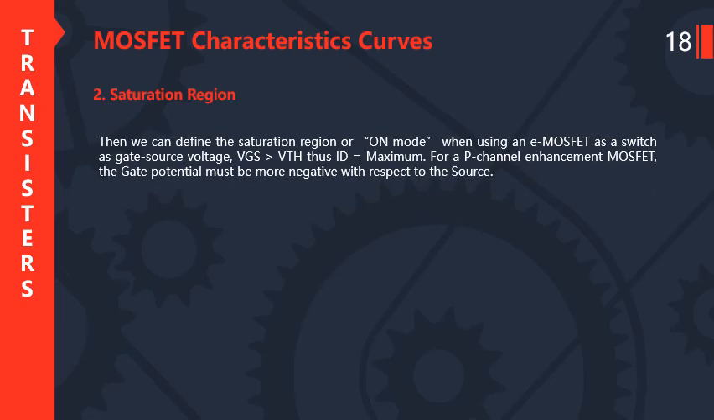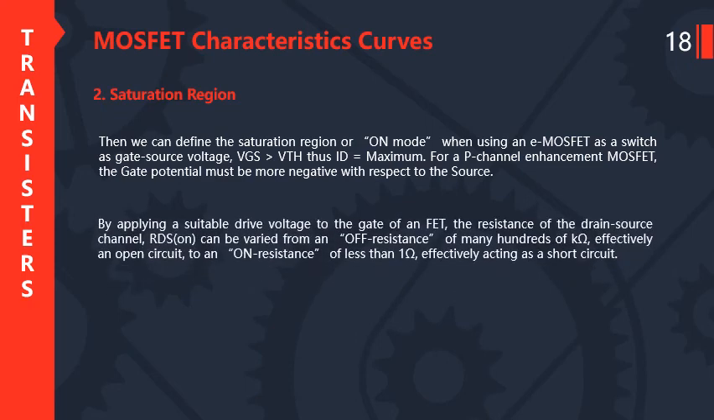Then we can define the saturation region or on mode when using an E-MOSFET as a switch as gate source voltage VGS is greater than VTH. Thus, the drain current ID is equal to maximum. For a P-channel enhancement MOSFET, the gate potential must be more negative with respect to the source, by applying a suitable device voltage